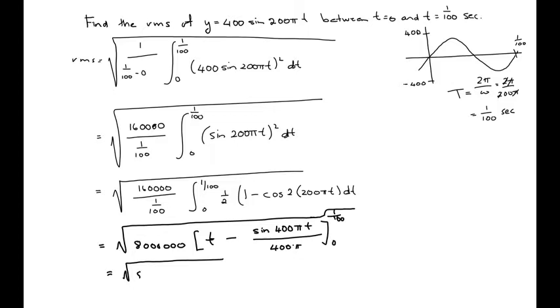Okay, putting in the numbers then, that would be 8, 1, 2, 3, 4, 5, 6 times 1 over 100 minus 0 minus 0, which is going to give us the square root of just 8